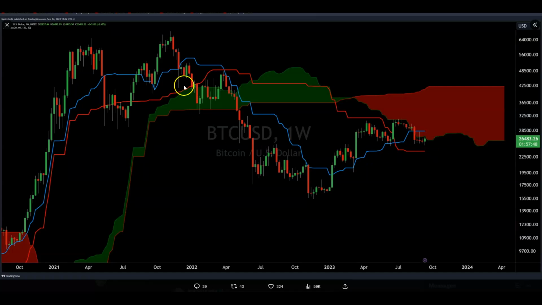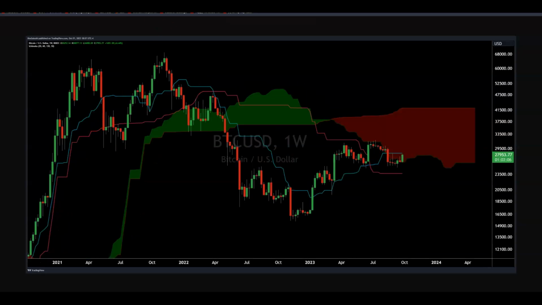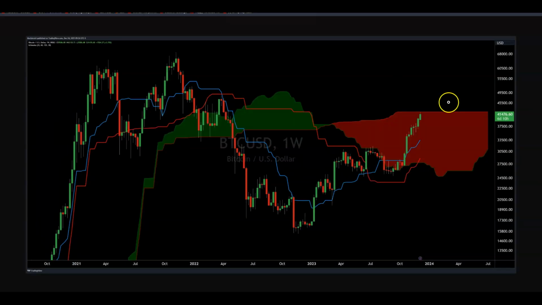So I'll post this thread in the description of the video, but again, this just illustrates like, look, I'm not worried about anything other than the stop loss because I think I know where this is going to go. In this case, your stop loss is the Kijun, which was at 25 or something like that. And I know a lot of people who caught this trade that was sized pretty significantly, hopefully for most of them. But this is one trade every 4 years that you get a pretty decent shot at hitting your